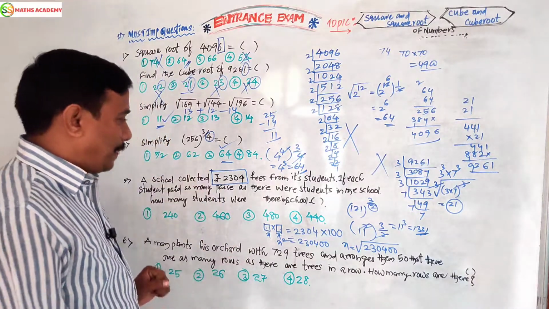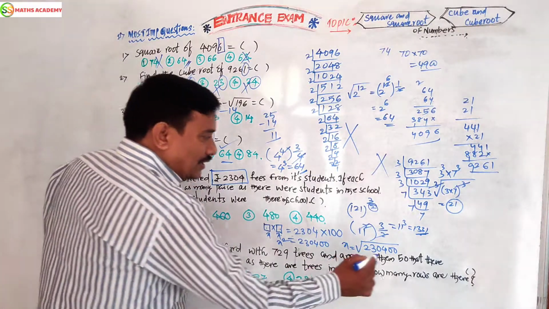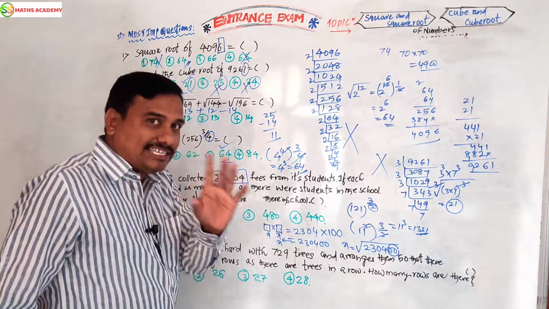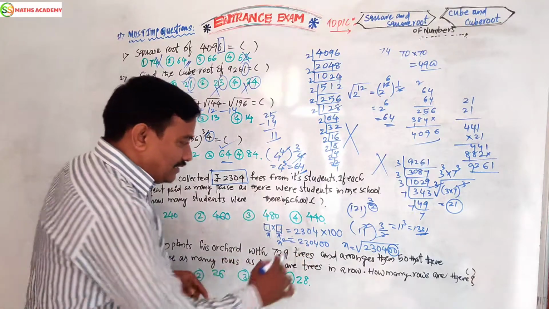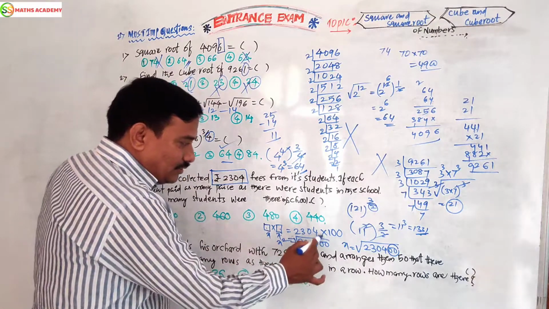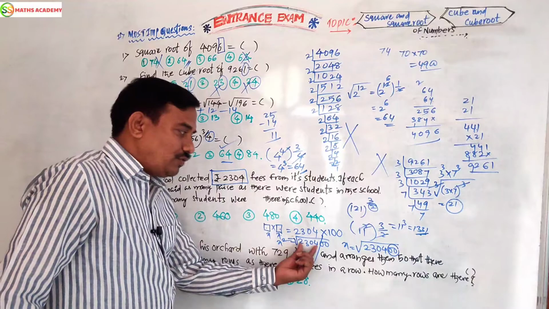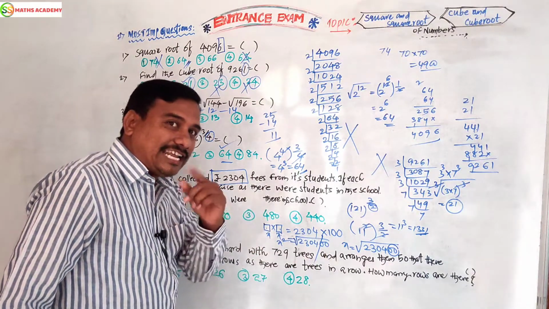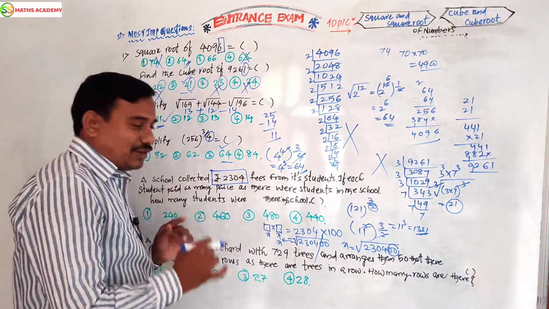Logic is important. Here 2 zeros come outside. Square root of 100, you can think like this, is 10. You keep that as a separate square root. You divide the number: 2304 is one number, 100 is the other number. Square root of 100 is 10, and that means the 1 0 will come outside.